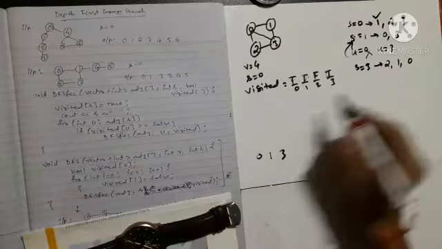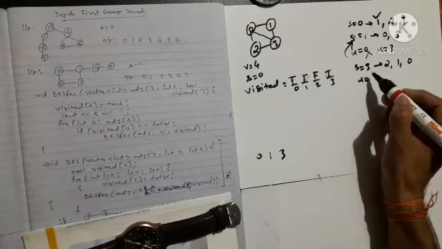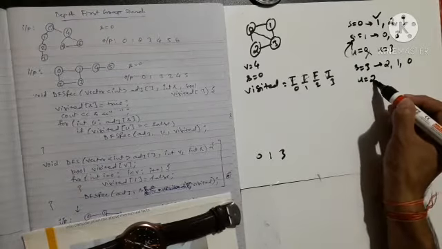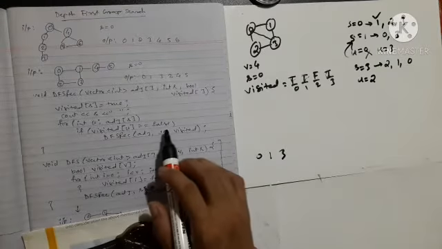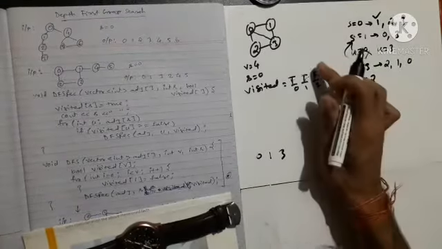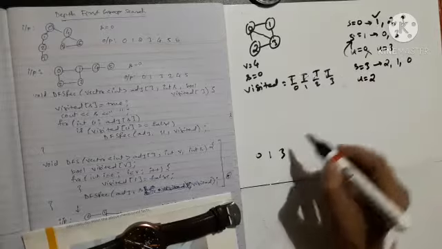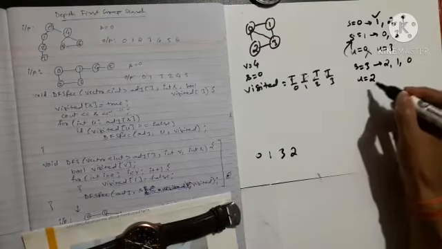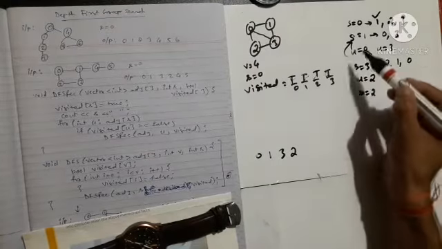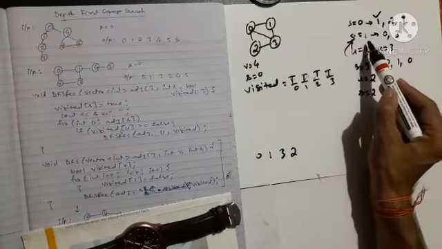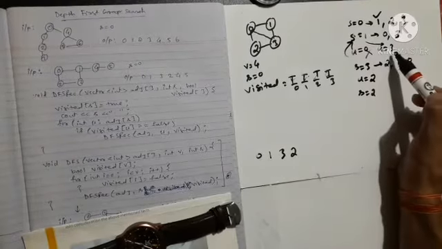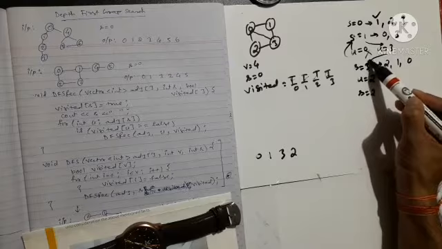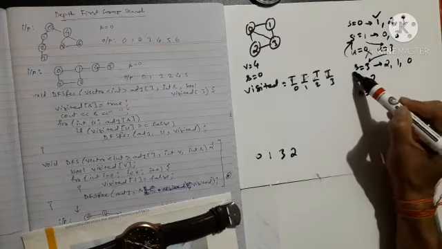Now in u I will take the neighbors. So the neighbors of 3 are, let's say, 2. We are checking if it is equal to false. Yes, it is, so make it true and print it. Now my s becomes 2. So control goes from 1 to here, and from 3 control is going to 2.